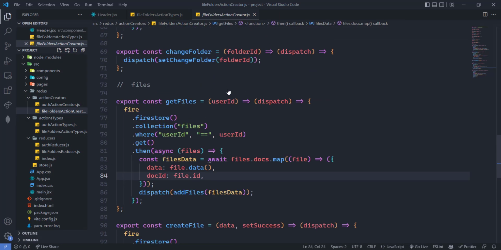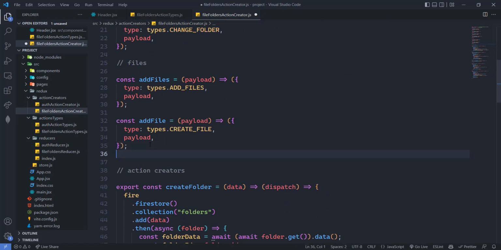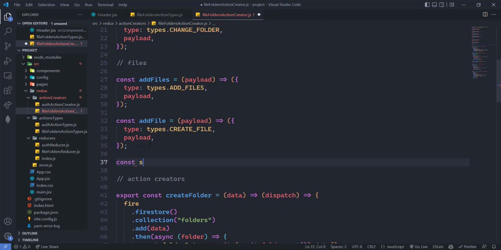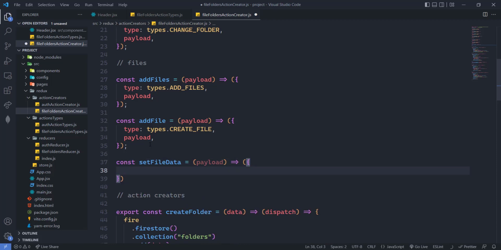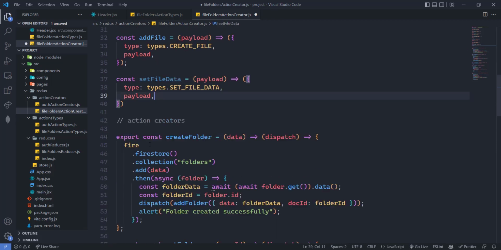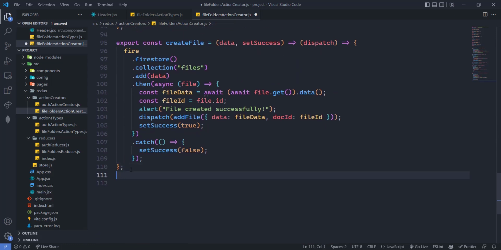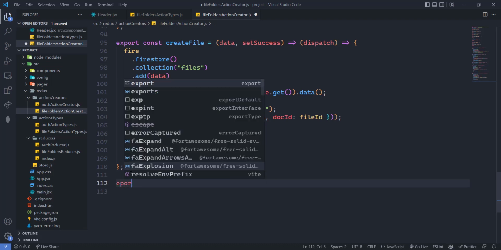And here I'm going to create a new action, that is set file data. Here we will be having the payload and we will be using types.setFileData and there will be a payload here. So now we have the files. Now here what I'm going to do, so here we will be having